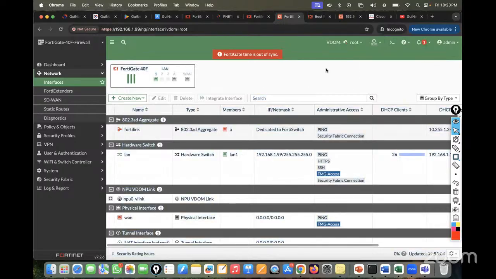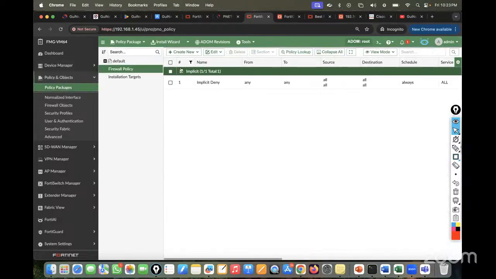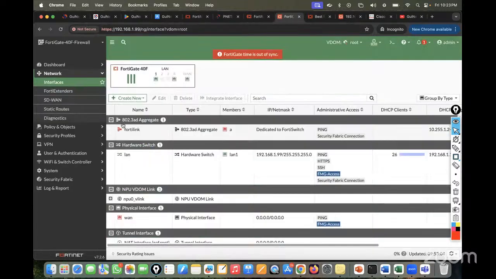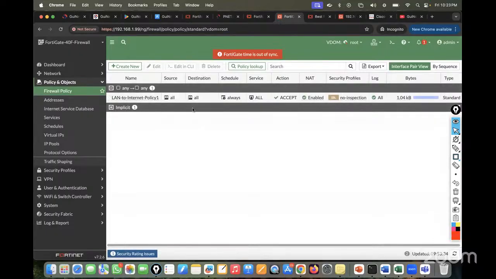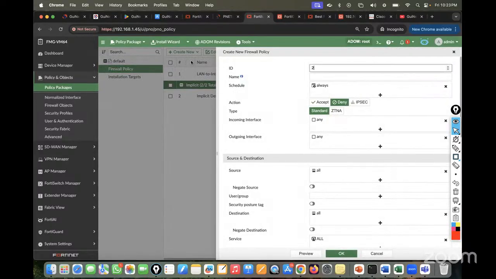So any policy you want to create, let me show you. Let's suppose I want to create a policy. It's already onboarded, but you can see there is a policy, the LAN to internet policy. This policy is already there. Let me go to the policy section, and you can see this policy is already there. If you want to push any policy, how can it be done? If I go into the FortiManager, I have to create the policy first. I go here and create the policy, and I can just put the ID number 2 because one is already created. So I'll make the demo